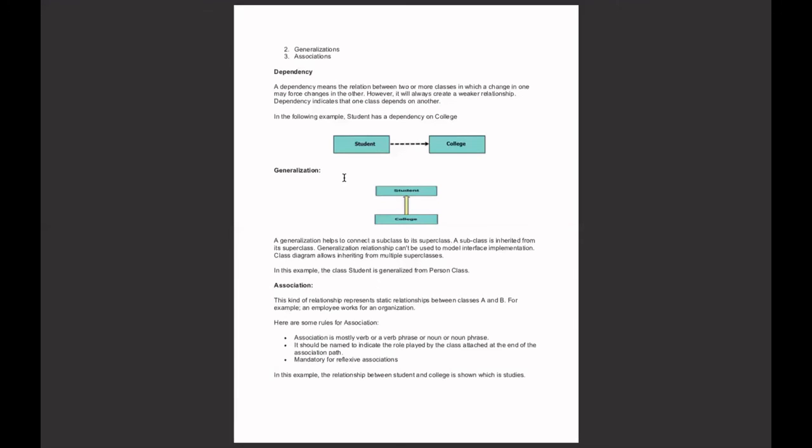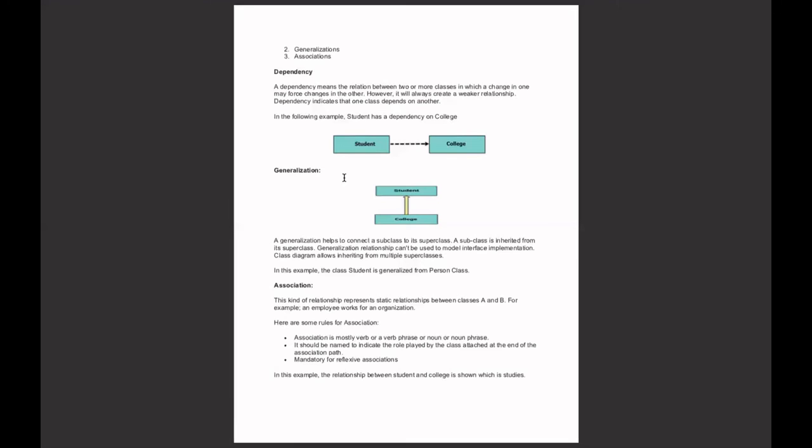A subclass inherits from its superclass. A generalization relationship cannot be used to model interface implementation. A class diagram allows inheriting from multiple superclasses.